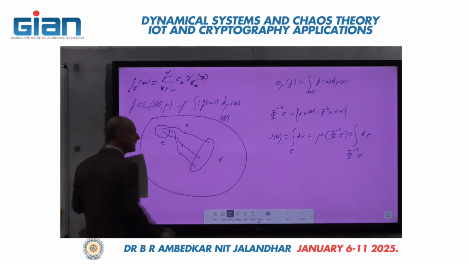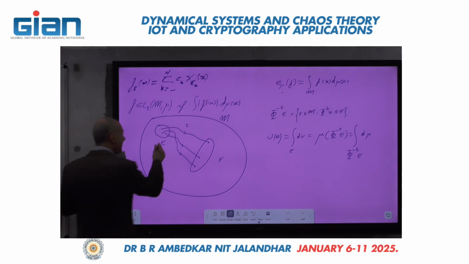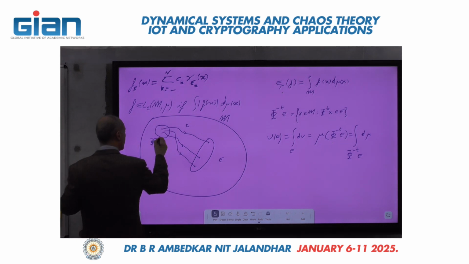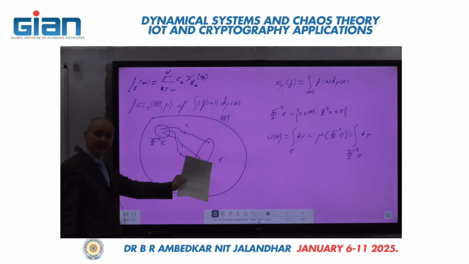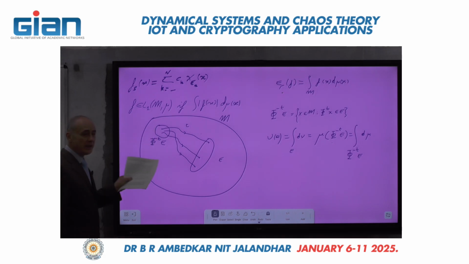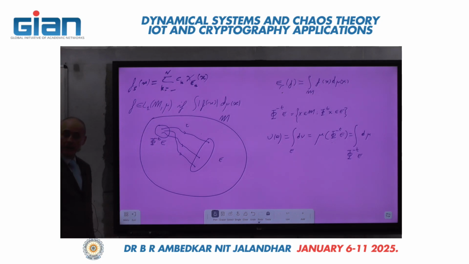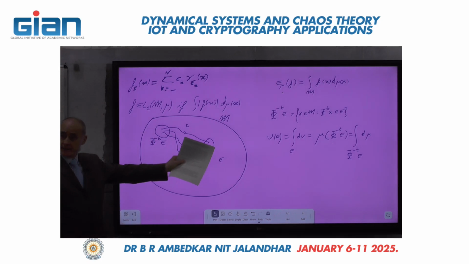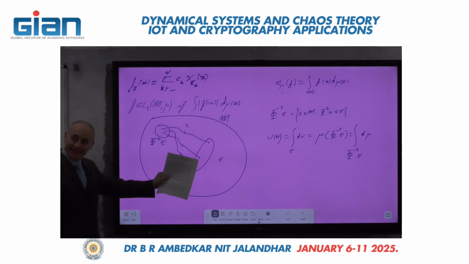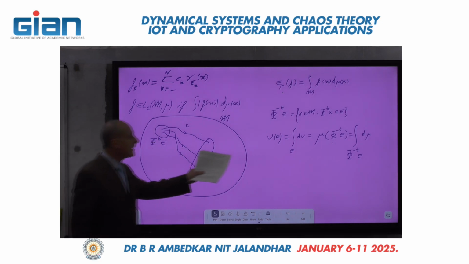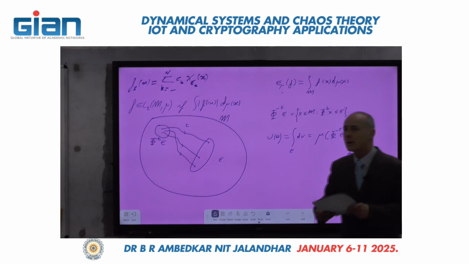Okay, if I say that this is the set E, then this is the preimage. If this is E, then this is phi minus t of E, because the points that are inside here came from here. So what I've written there is, in E, I will have the probability that the time earlier was in the preimage. And this way, I define a new probability.